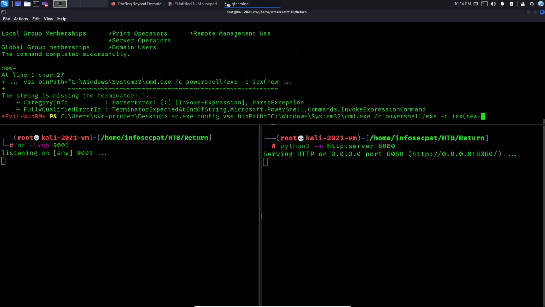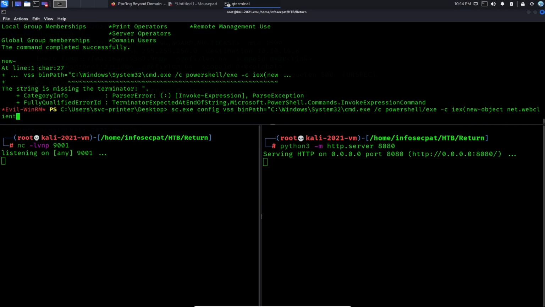Okay, the new object is going to be Net.WebClient, and then we're going to have to do a DownloadString. The download string is where we're going to be pulling it from, right? So in our case, it's going to be http